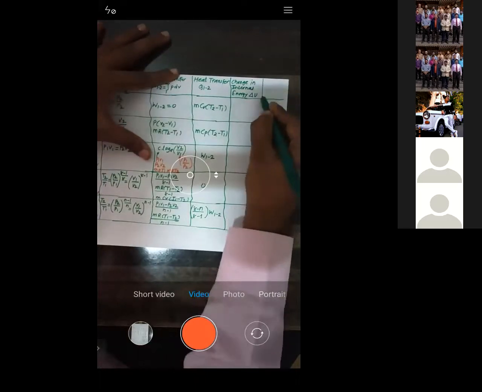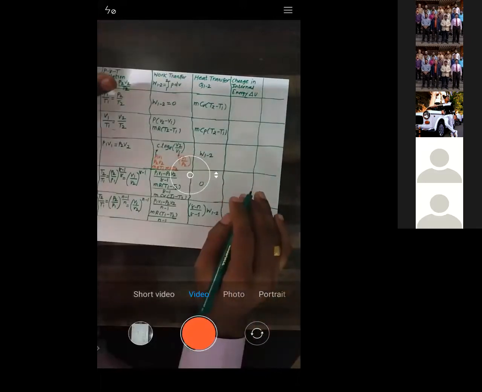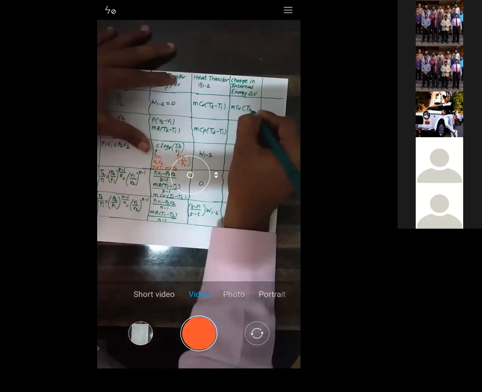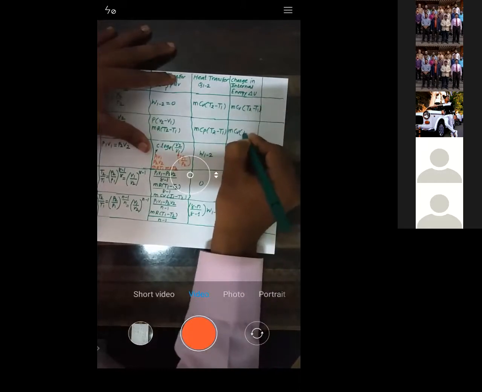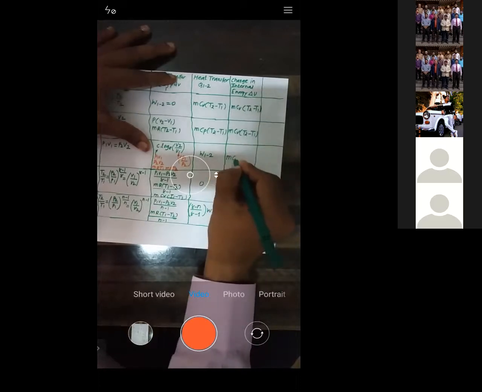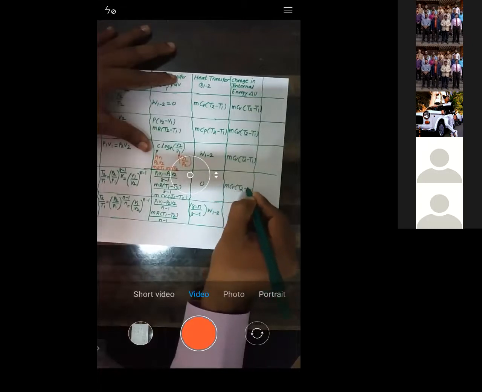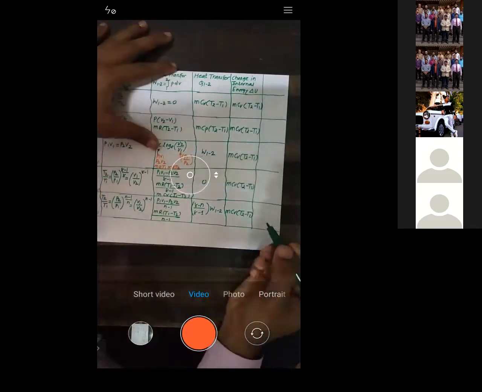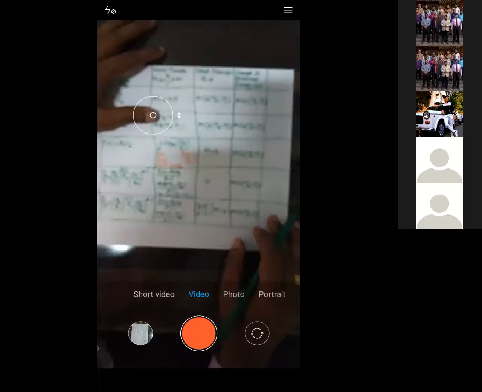How will you calculate the change in internal energy? The formula for change in internal energy is the same irrespective of any process. So let me write down the same formula again and again: mCv (T2 minus T1). Try to understand, it might be any process, the formula for change in internal energy is the same.